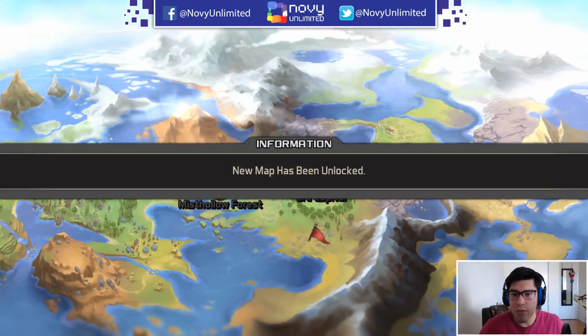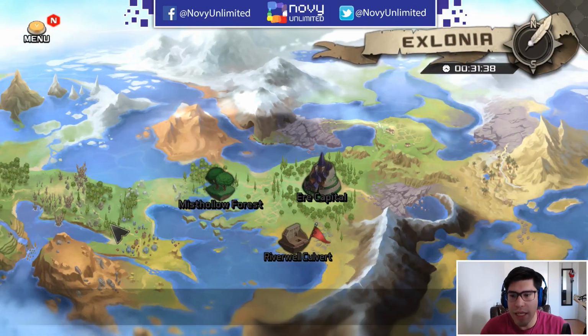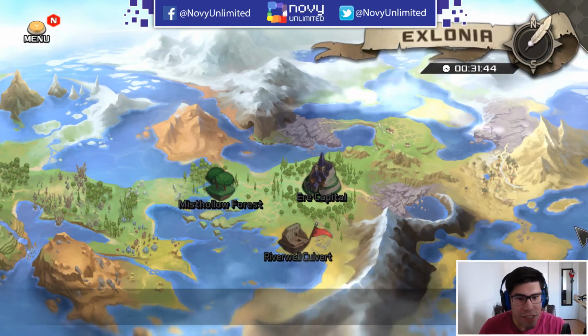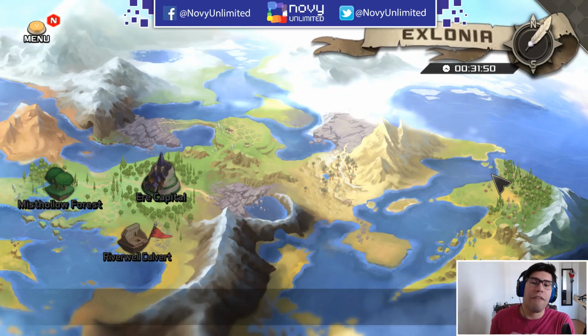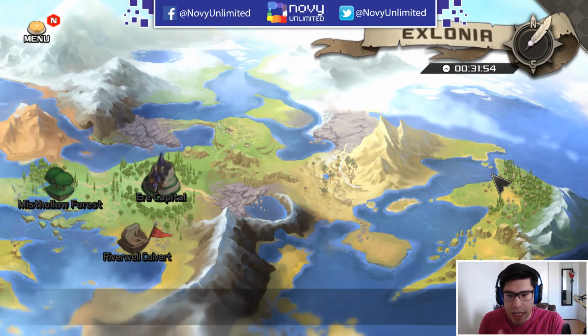And this, of course, is the world map, which, by the way, I really, really like. It's way different than most world maps. And by that, I mean, it is side-scrolling. Like, look at that. Who uses a side-scrolling map? I haven't seen a game use this in a very long time. It's like a classic